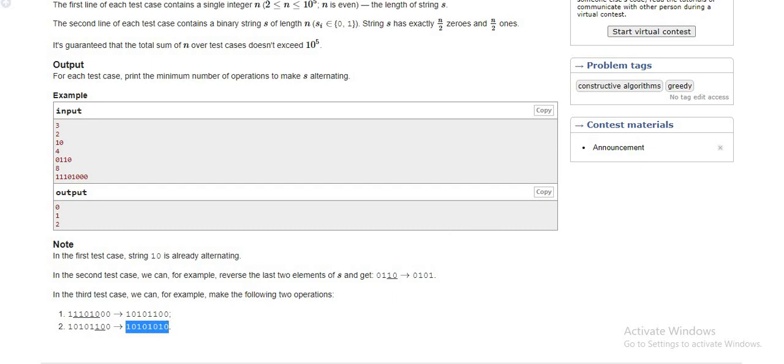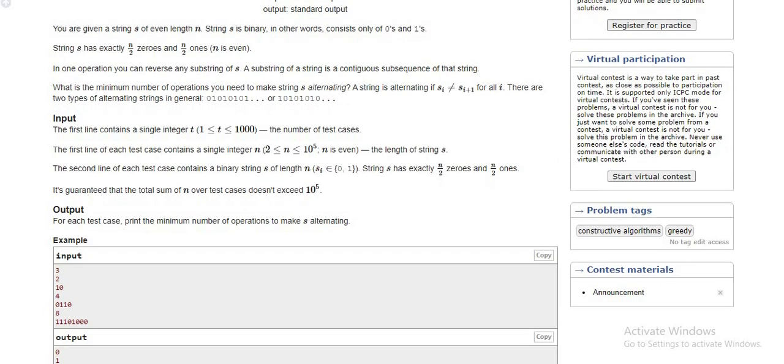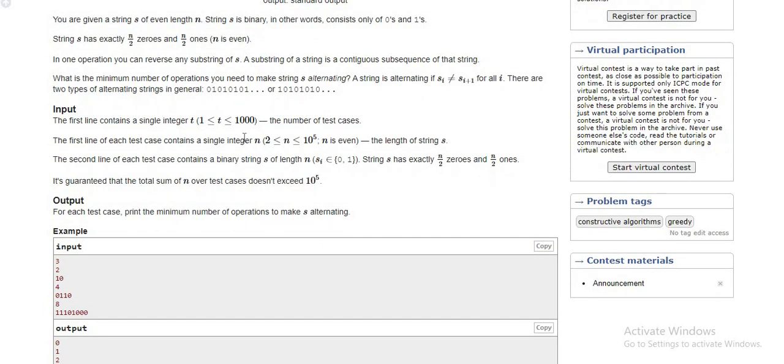Okay, so to solve this problem, one obvious observation we can make is that we can solve it if we consider two stacks. The first stack will hold the alternating elements. For each character of the string, first we check stack 1.